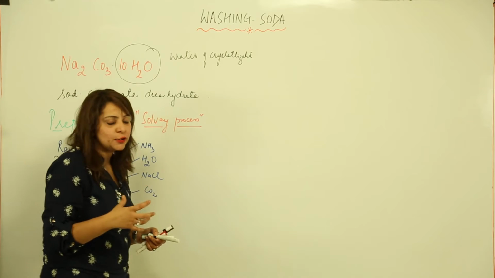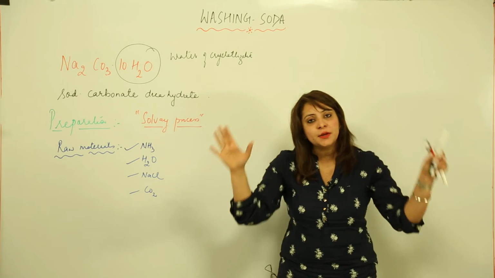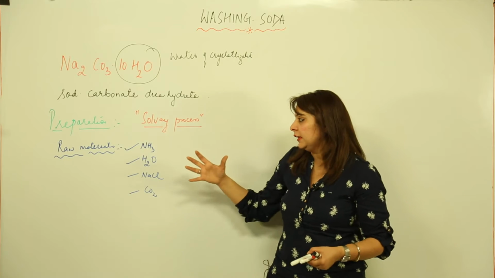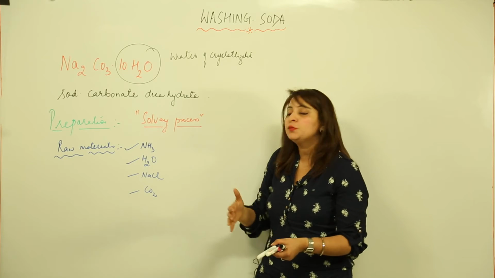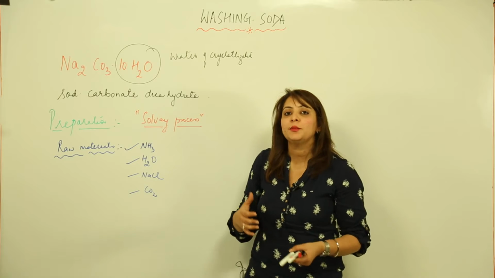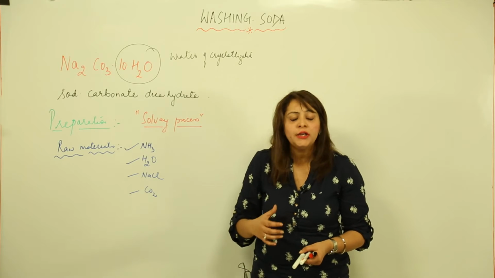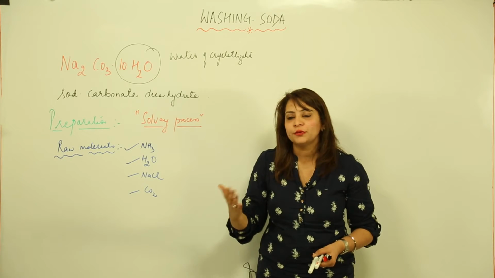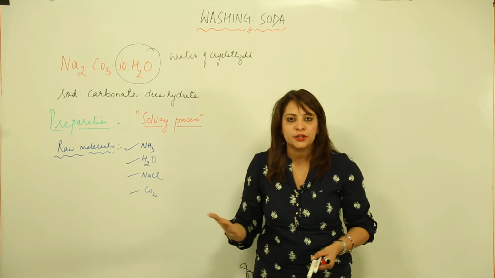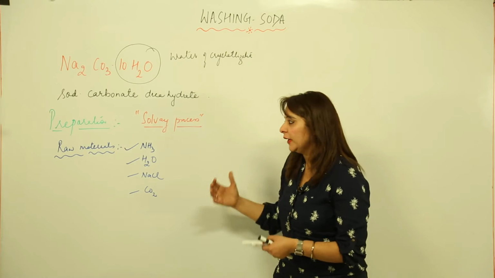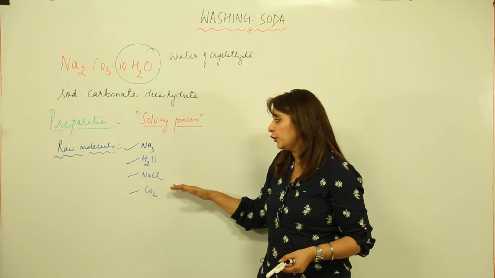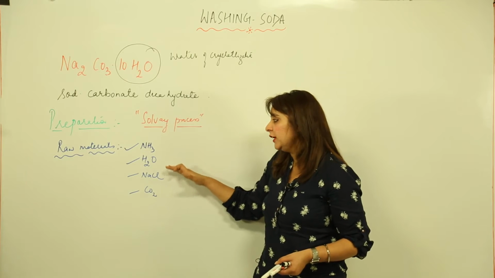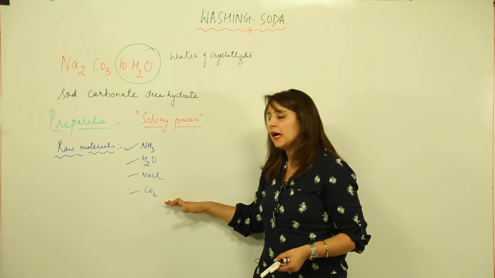These are the four substances which are initially used for the preparation of washing soda. There is a complete apparatus in which all the reactions involved are carried out. We'll be doing it later, but at this moment I just want to make you familiar with the process or the reactions which are involved. Then we'll start with the figure, in which tower which kind of reaction is taking place. So the raw materials required for the preparation of washing soda are ammonia, water, this salt and the carbon dioxide.